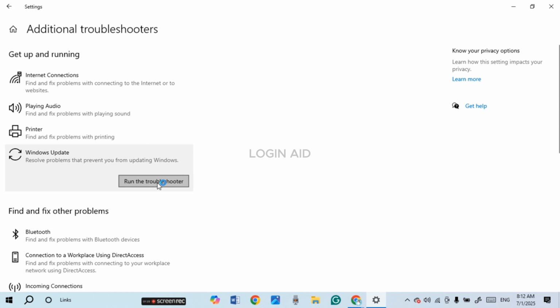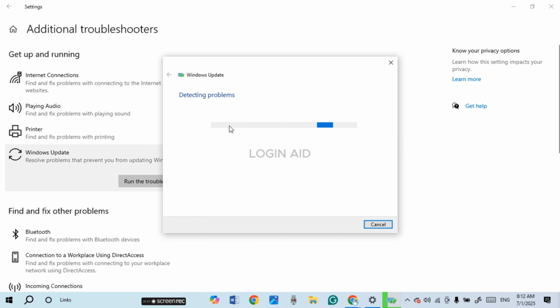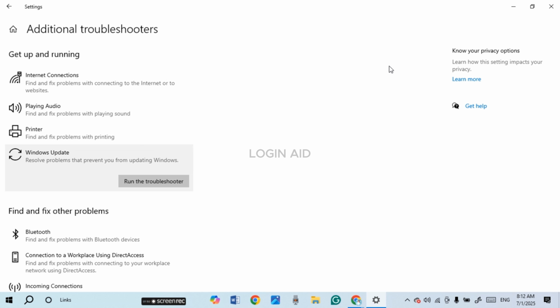Simply click on it. Now wait for a while and it will detect the problems for you. Now the troubleshooter will diagnose and troubleshoot the problem for you. After that, you can simply restart your computer and check for the updates again. After that, your problem can be solved. So that is how you fix Windows Update error